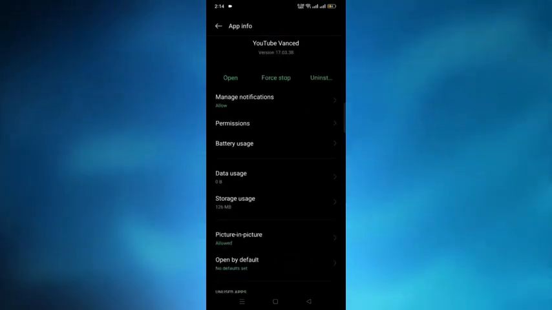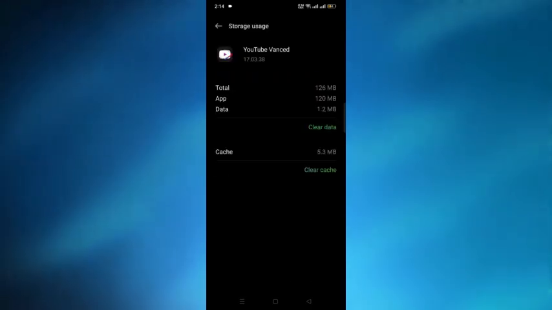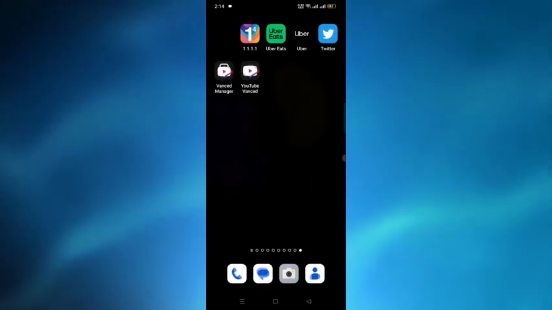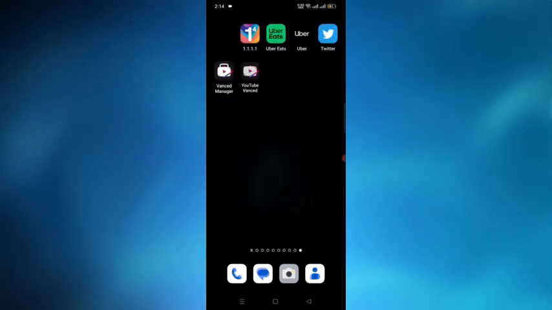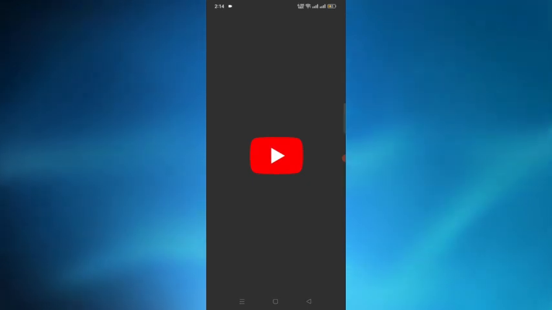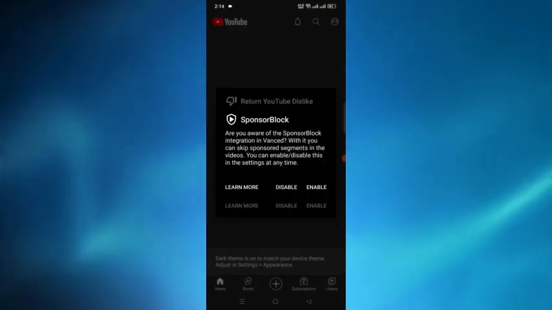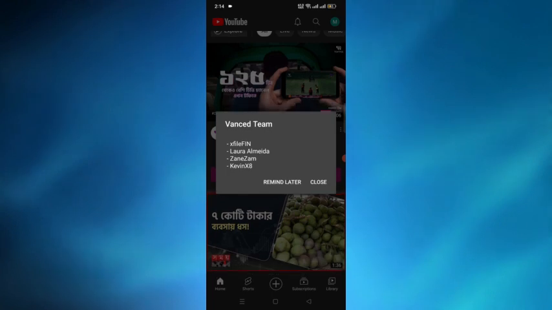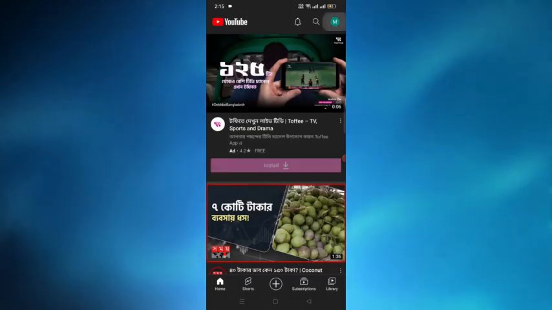and then we have to tap on the storage uses option, and from here you have to clear the cache and clear the data also. After that you have to open the YouTube Vanced application again, and now you have to enable everything and tap on the close, and you have to sign in to an